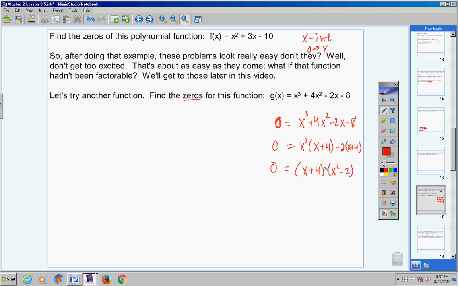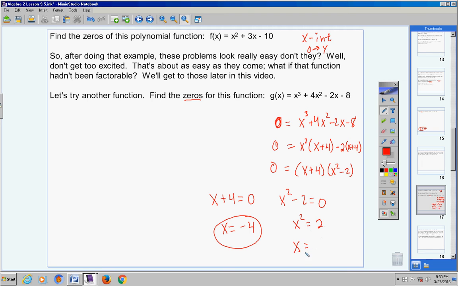I factored this. Now, take x plus 4, set it equal to 0. Take x squared negative 2, set it equal to 0. Let's solve. Bring this 4 over, make it negative. And you get negative 4. There's 1 zero. Now, bring the 2 over and make it a positive 2. And now take the square root of both sides. The square root of x squared is